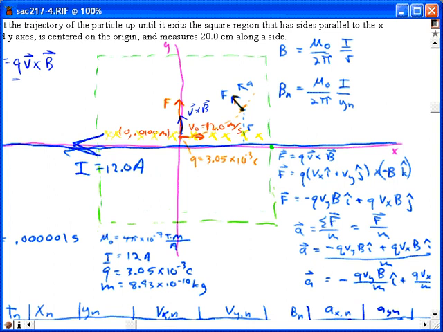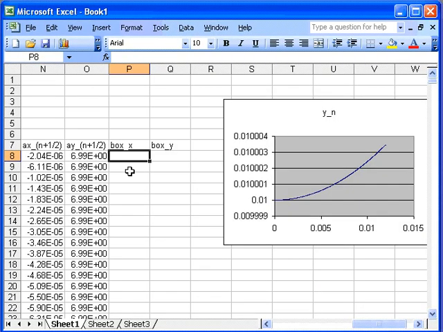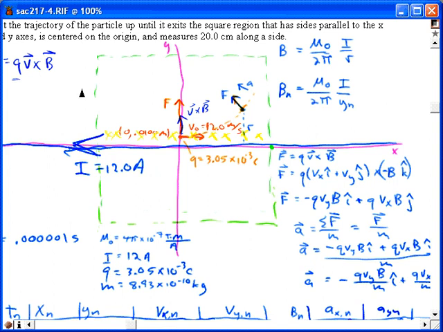So this is supposed to be a box that measures 20 centimeters along the side. So this distance is 20 centimeters. So I'm over here 10 centimeters, which is 0.1 meters. So this position is minus 0.1 comma minus 0.1. I'm over 0.1 and I'm down 0.1. So minus 0.1, 0.1,